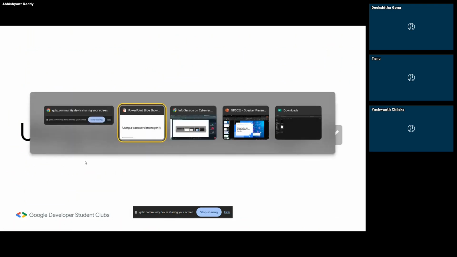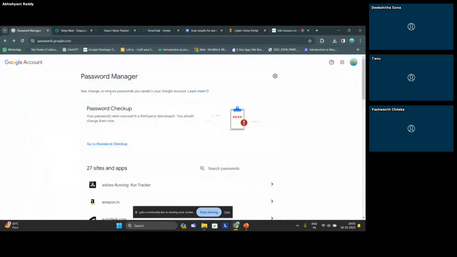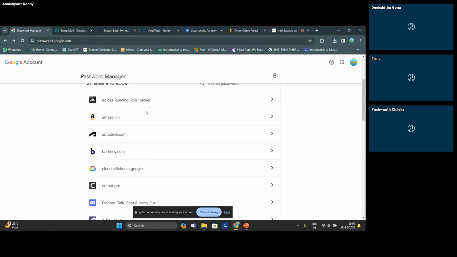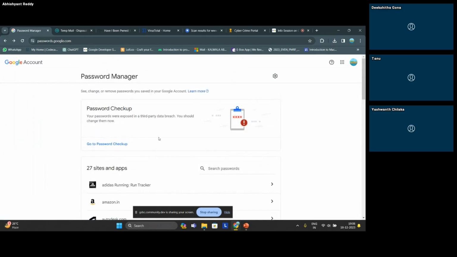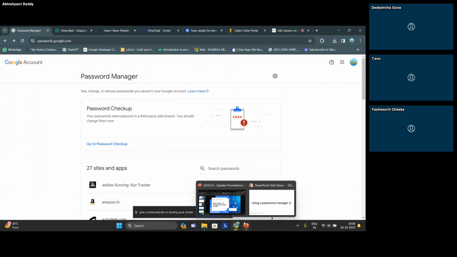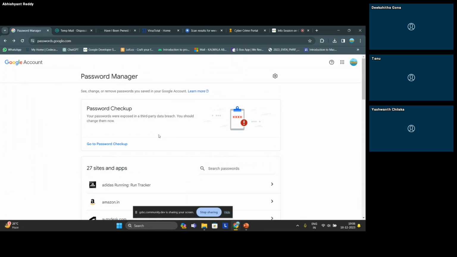I use Google's password manager, which I find very reliable. It has all the sites and websites which I have logged into, and the passwords are such that you can't remember them by yourself. There are almost 27 websites and apps, and I just have to remember the password of my Google account, and wherever I log in, the passwords are automatically synced. So it's a good habit to maintain a password manager. Not only Google's, if you want to maintain another one, make sure it's a reliable source, right?